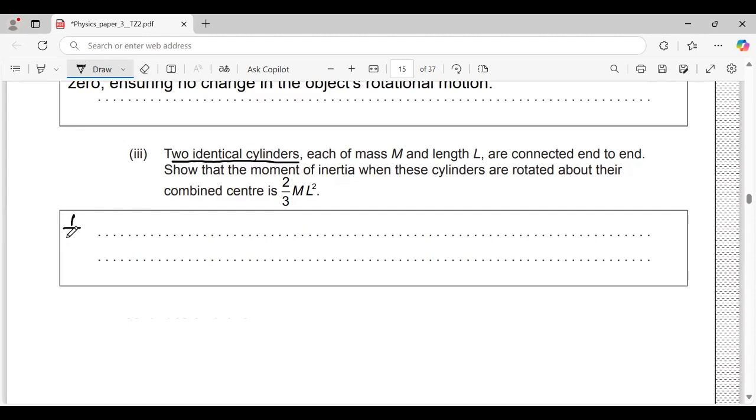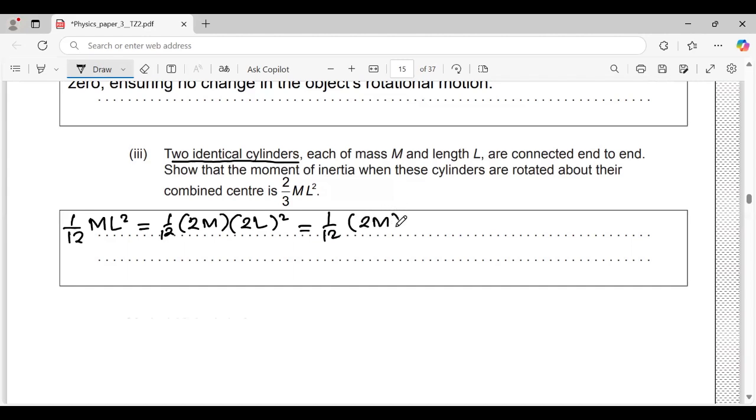If one cylinder is 1/12 ml squared, if two identical cylinders, it means m becomes 2m because 1m plus 1m, as well L becomes 2L, and it's going to be 1/12